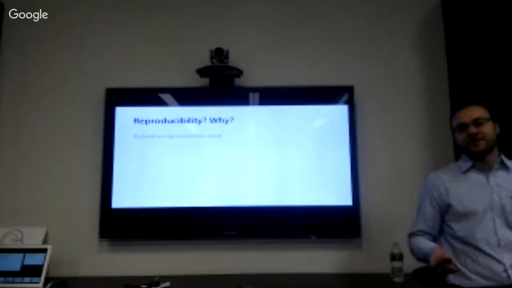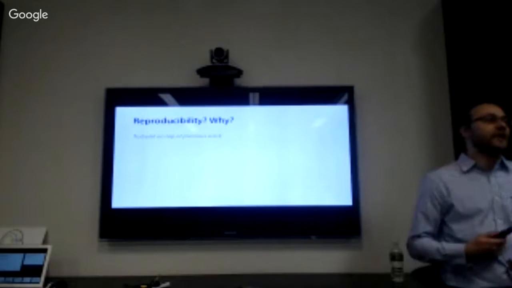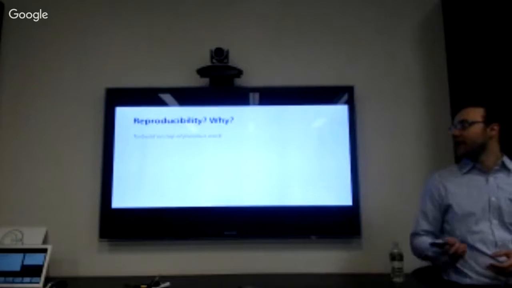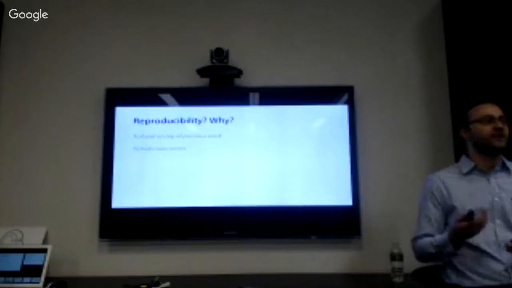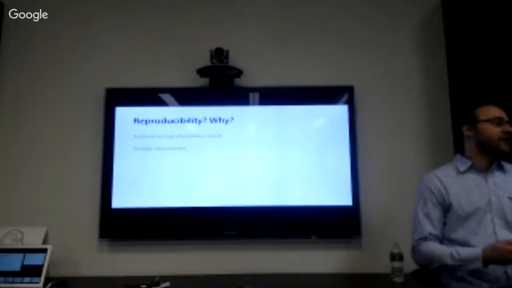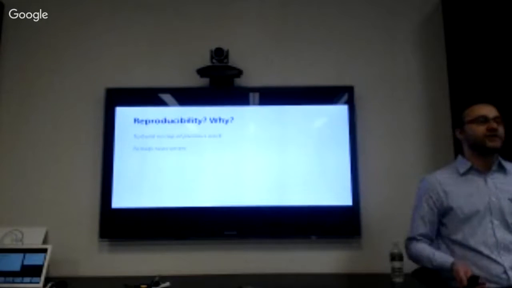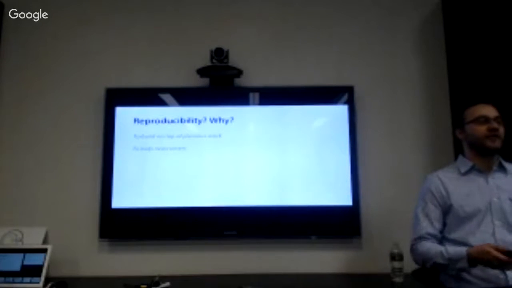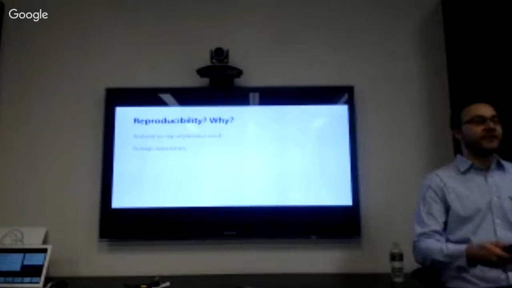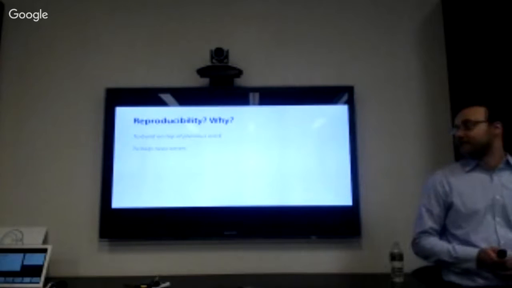If you make research reproducible, it's easier for others to advance the science. Another reason, related to that, is to help newcomers. If you have a lab with new PhD students, new postdocs, new researchers, and your research is reproducible, they can easily get to work. They can easily start using your stuff, so they can work better.